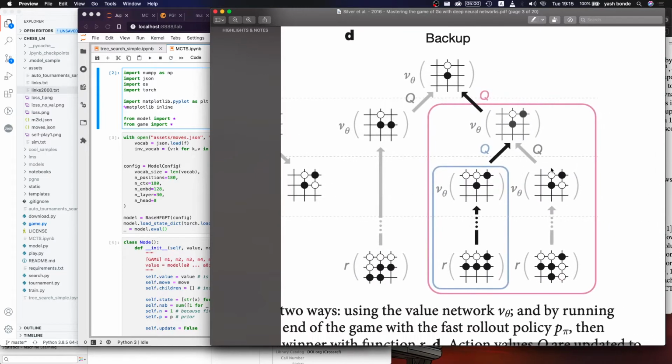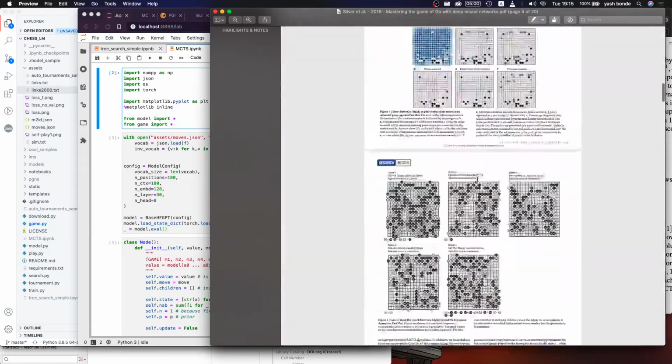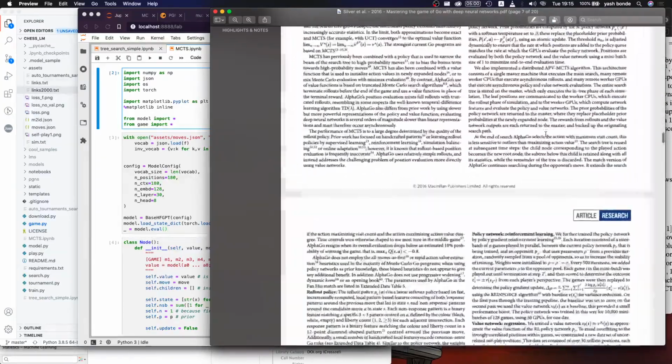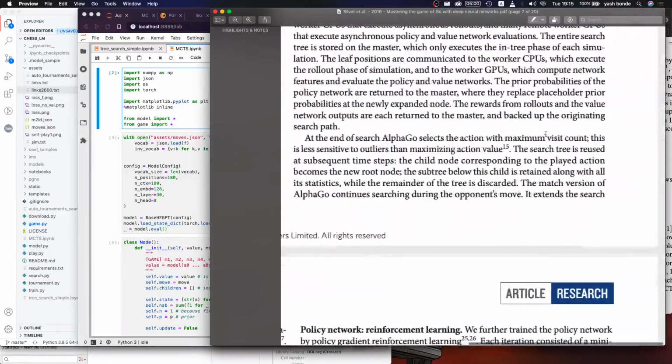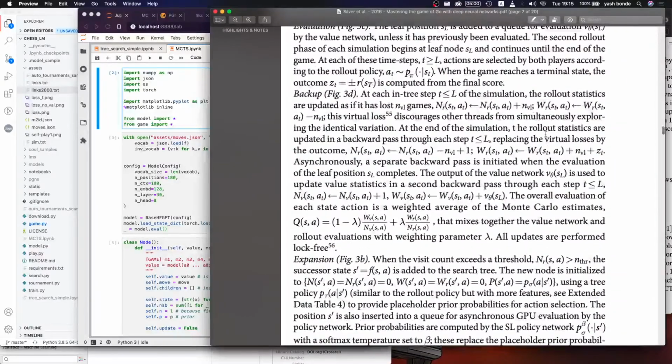Now comes the backup. The backup means that once you have the entire Monte Carlo tree expanded, you are going to back up those values and then select the best action from these to play. The backup in this algorithm actually works differently in AlphaGo, but we are going to use the one they applied in